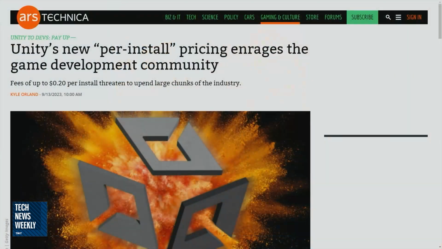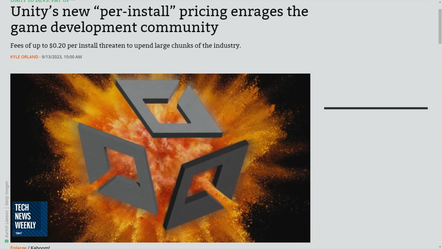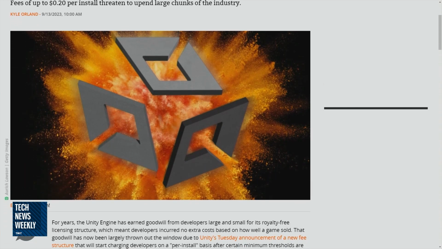Yeah, indeed. All right. So obviously things are changing. Otherwise, we probably wouldn't be talking about it in these terms. So what is the new pricing structure and why is everybody so upset? So the new pricing structure introduces a per install fee once you get to a certain level. It depends a lot on whether you're using the free personal version or the pro versions that you have to pay for initially. But once you hit a certain threshold of success, it starts at $200,000 of revenue and 200,000 installs. Then you have to start paying per install, up to 20 cents per install.